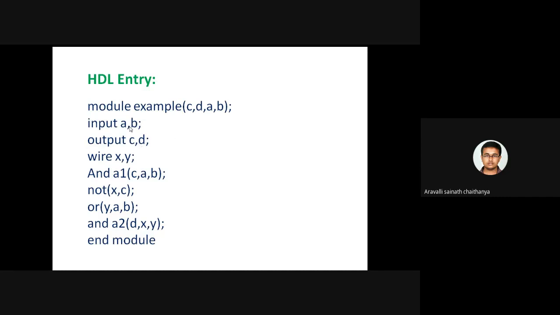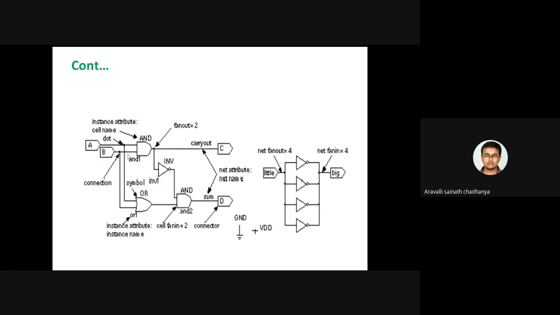By using the input signals, I have to realize the outputs. So finally, my outputs are C comma D. I have got a value of D here, and a value of C here. That means I have got the outputs by using the inputs. So this is how you are going to write an HDL design. Understand, ma'am?